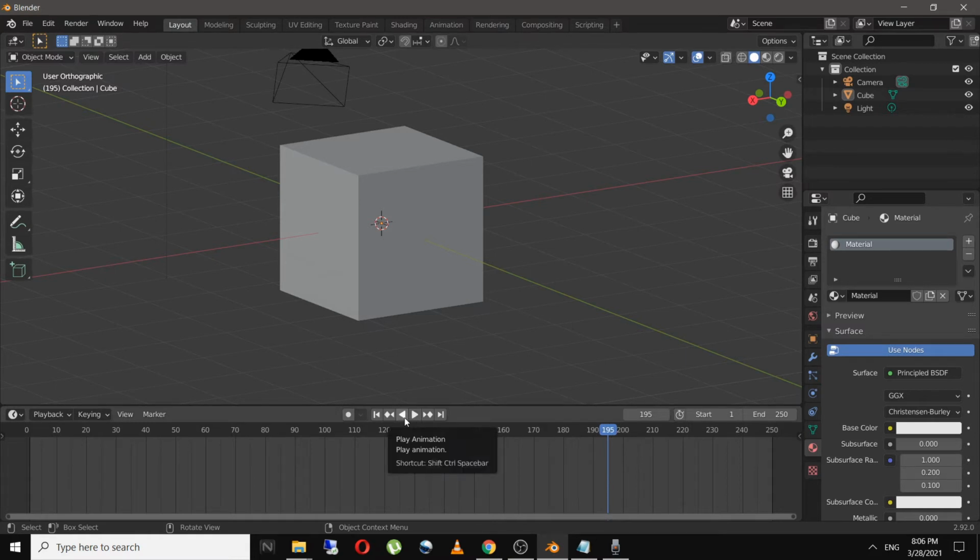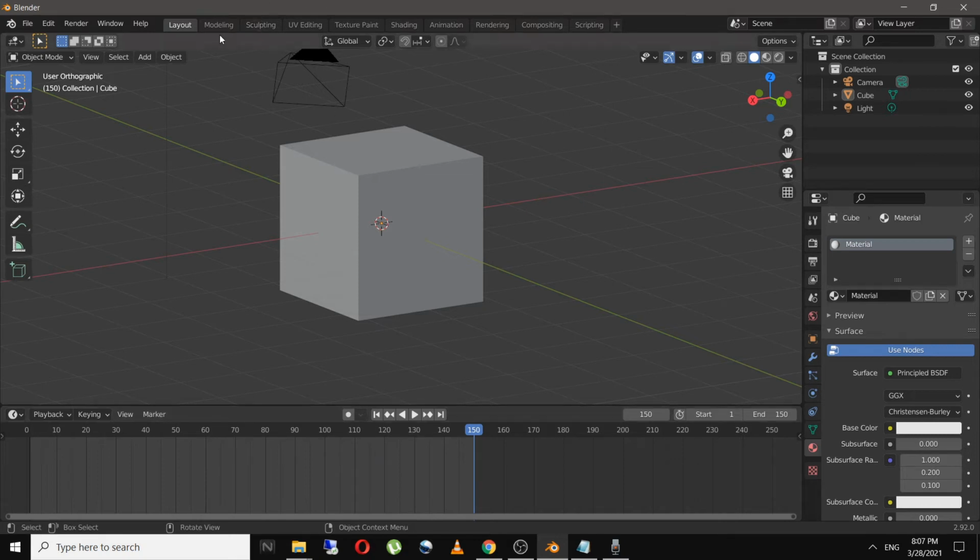And if I click on this button, which is reverse of play, this will go backwards and our animation will play in backward direction. This button will jump to the endpoint or first frame, and this button will jump to the last frame, that is 250th frame. And we can change this frame. For example, I want to change this from 250 to 150. So now if I click on the jump to endpoint, it will jump to here at 150.